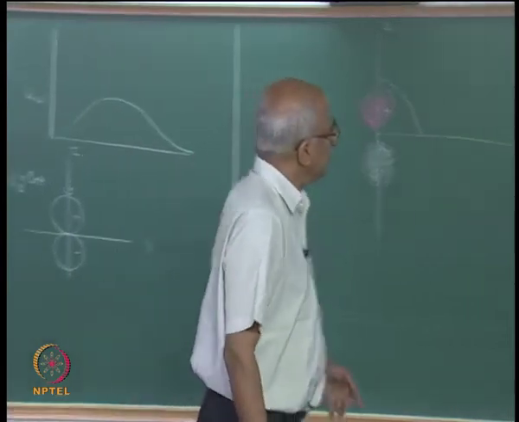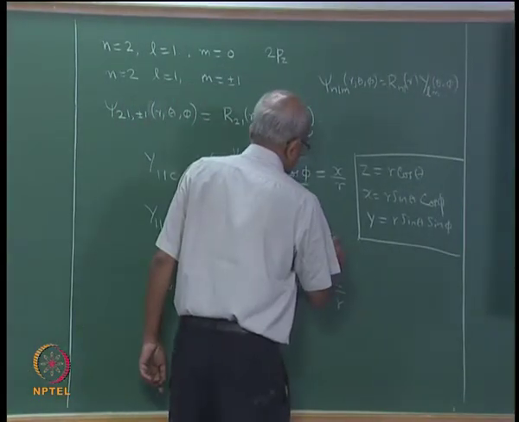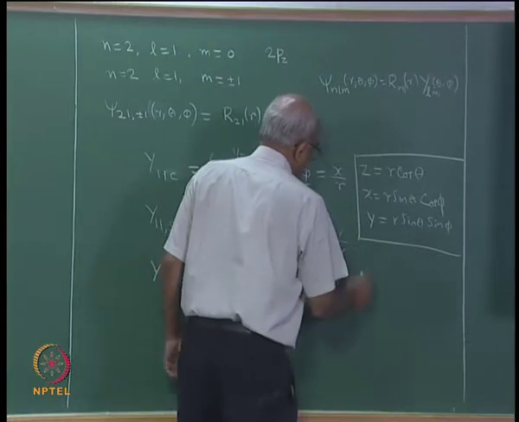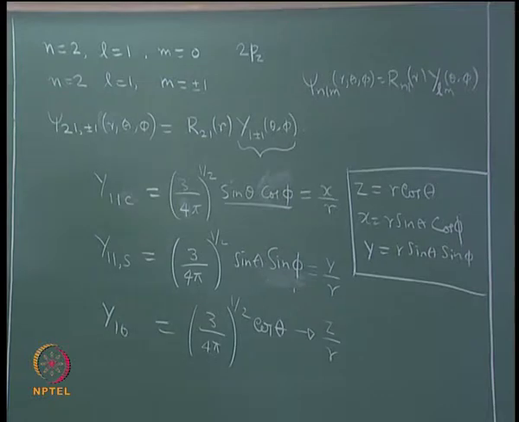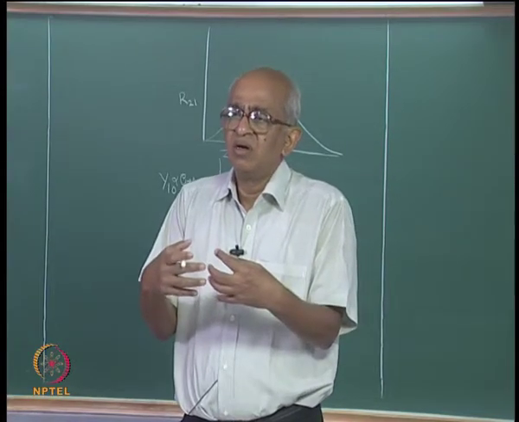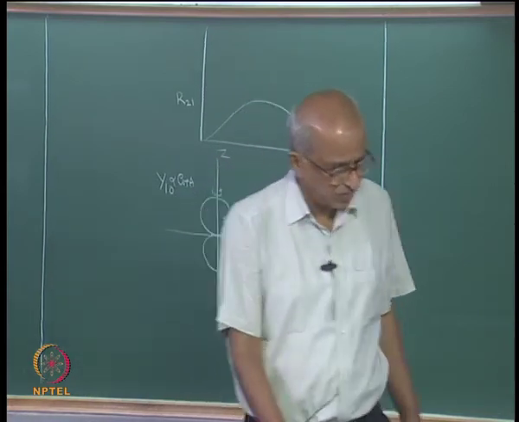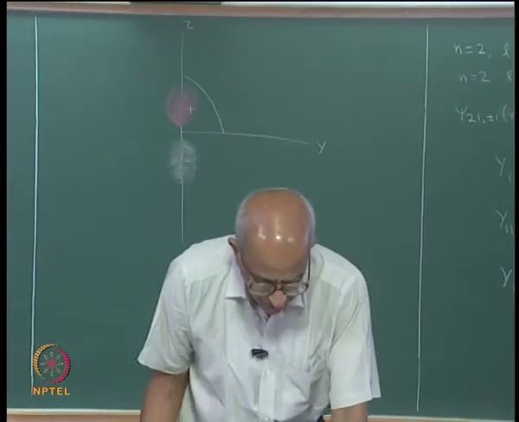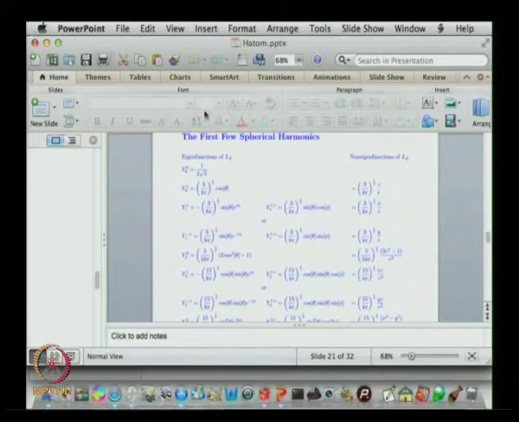and the same kind of argument will enable you to say that, well, this function is actually y by r, and therefore the polar plot is going to consist of two spheres located along the y axis. So you can actually see them using Mathematica.